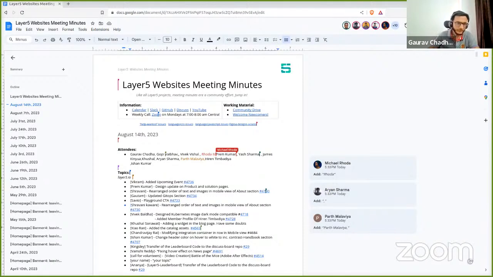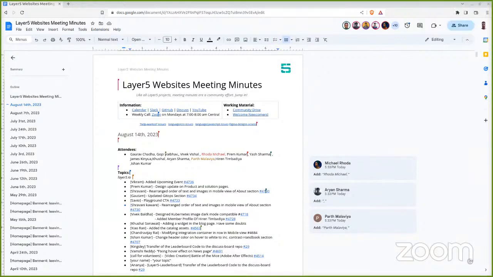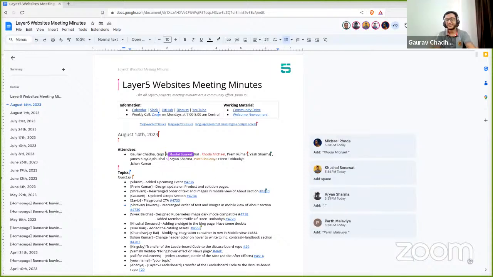Who all are joining for the first time? If I'm missing anyone, Ishan Kumar has raised his hand. So, hi Ishan, would you like to introduce? Hey, I'm Ishan. I'm a 17-year-old web dev from India, and this is my first time contributing to open source. Oh, that's fantastic. I don't think you need more of an introduction. 17 and started with open source. That's really fantastic. And do say a bit more about yourself if you want to.